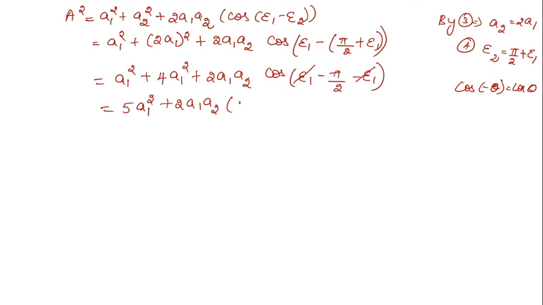So it will be cos 90 degree, and we know that cos 90 degree is 0. So it will be 5a1 square, where capital A square is nothing but the amplitude square. So capital A is equal to root 5 into a1, that is root 5 into amplitude